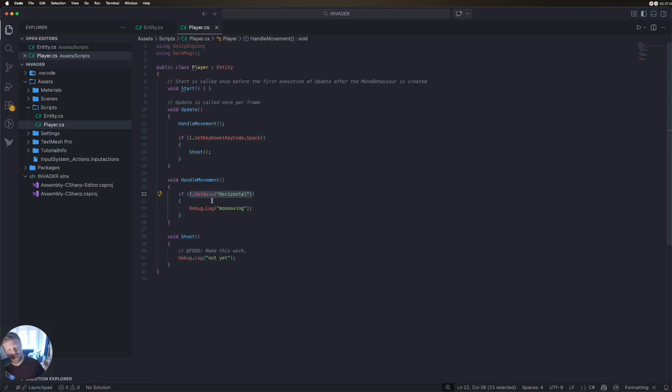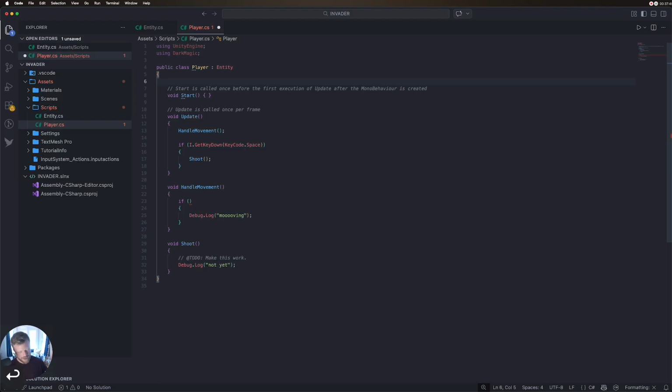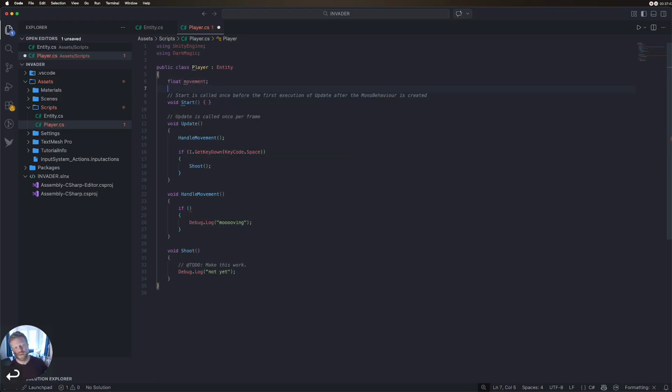So instead of putting this here inside the if, I'm going to do it a little differently. I'm going to create a variable, and actually, let's just do it the right way. At the top, I'm going to create a float called movement, and that's a variable we're going to reuse. By creating it at the top, Unity knows to keep that variable around. If we created it in here, it's going to create it every single update, and that's going to take up more memory. So it's a little more efficient to create the variable once at the top of your class and then use it down here. So we're going to say movement equals,